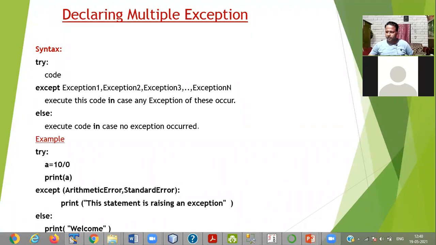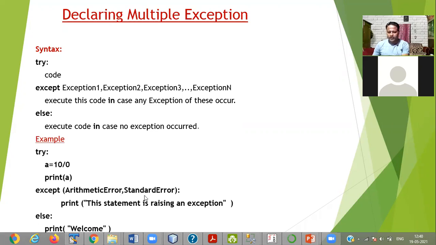Now go for the program. Try 10 by 0. When I divide 10 by 0, it shows an exception, because it cannot divide a number by 0, so it shows an arithmetic error or standard error.